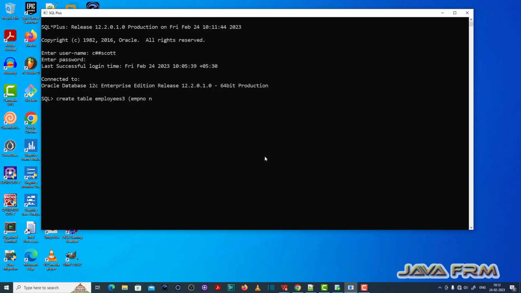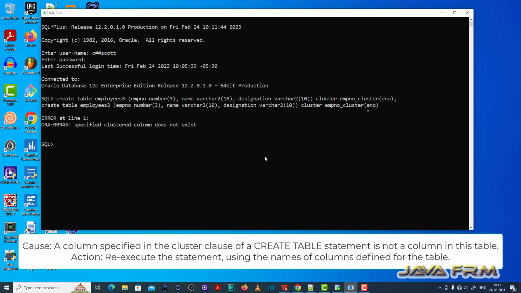Okay, so now what I am going to do is create one table called employees3. The employees3 table contains 3 columns, and now I am mapping it to the cluster, cluster empno_cluster. Enter. So you can see one error is getting thrown,